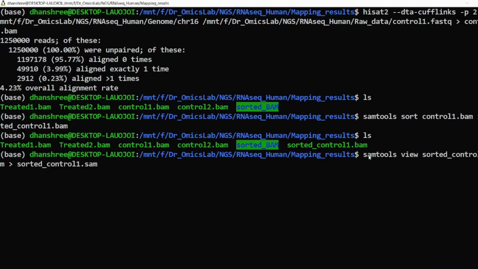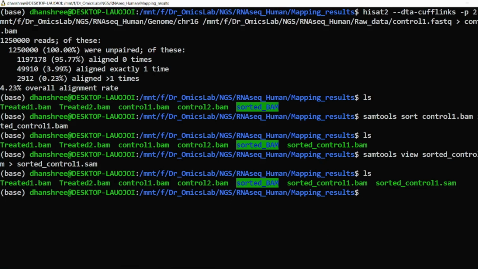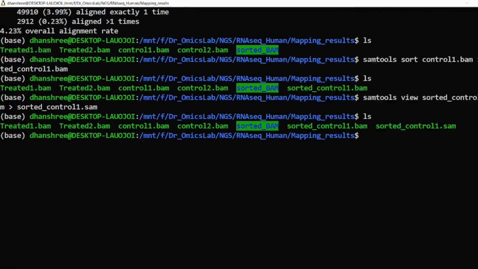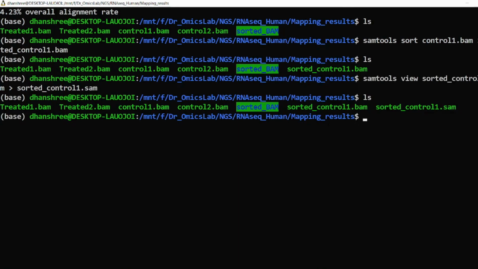So whatever the commands we perform for mapping and for sorting, you have to do it for all the samples, for the control 2, treated 1 and the treated 2 as well. So here the SAM file is generated. Now to see what information we are having in a SAM file, we are going to use the head command because the head command is used to display the first few lines in the file. I want to display the first 50 lines in the file and then sorted